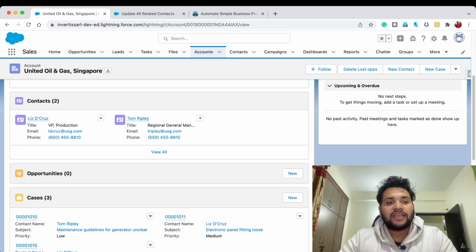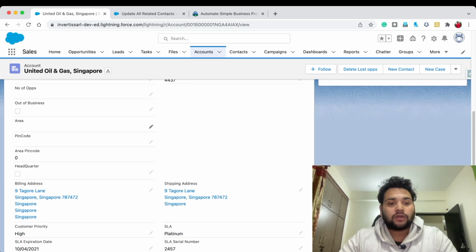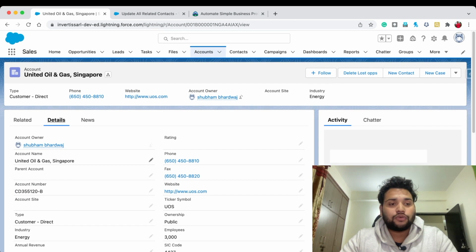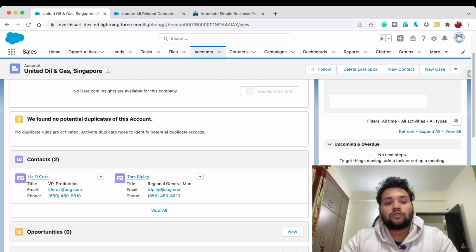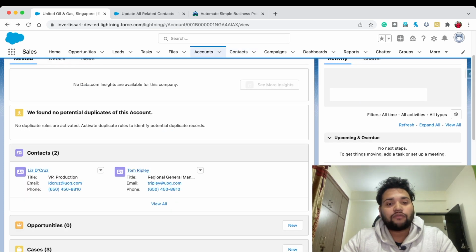Here you can see we have 2 contacts, and first of all let's check what is the shipping address for this account United Oil and Gas Singapore. So here you can see this is the shipping address, and let me show you the mailing address of these contacts. So right now you can see this is the mailing address which states Singapore for the first contact, and let me also check for the second contact.